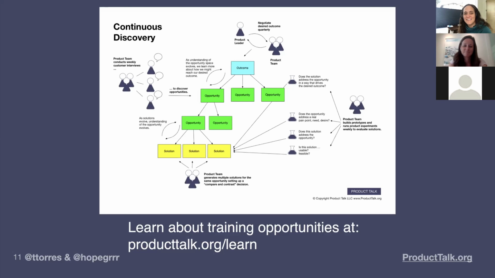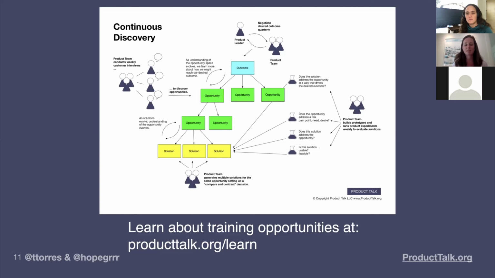Hope, do you want to add anything there? I mean, I plus one everything you just said. The other thing is, once stakeholders have an idea, you get that sort of rush of, oh, I only see how it could work. And then you don't want to be hit with a big old no in response, right? You're trying to be a good collaborative partner.